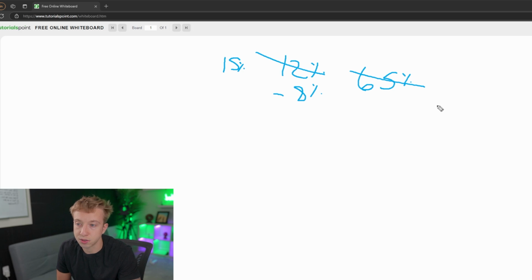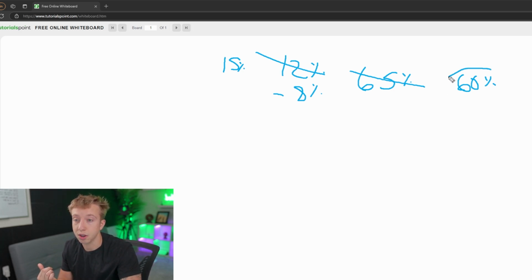And let's say this drops to 60% because if it goes to 12%, it's probably going to go to 15% most of the time based off previous data. So 60% win rate now. We're at the negative 8% risk plus 15% reward. And now I want to start dropping this risk. I want to drop this risk since we're at 60%. As long as we're holding that 60%, it's fine. Let's drop it to 6% and see what happens.